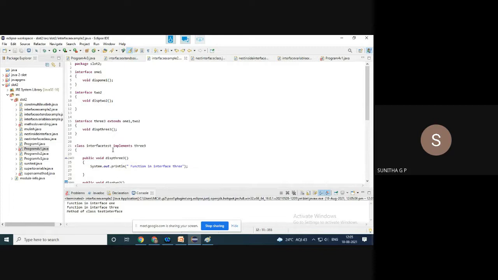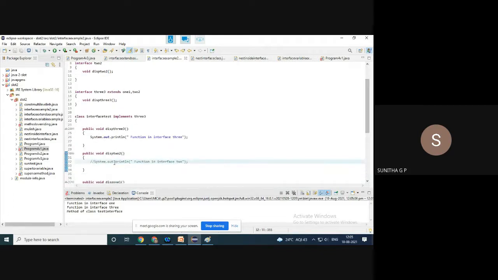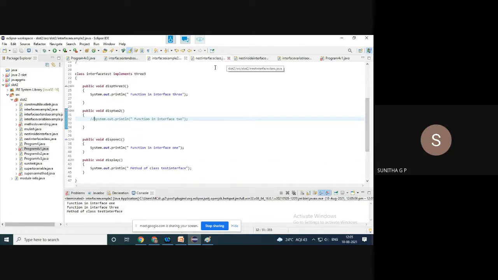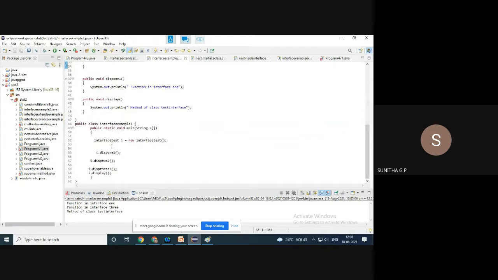It is the member of this interface, whereas two is the member of the second interface, and one is the member of the first interface, and this display function is the member of this class. Even though four functions are defined inside this class, the parents of these four functions are different. So this is what you have to remember. Through the objects of this class all the four functions are called, so wherever the definitions are available, those functions will be displayed.